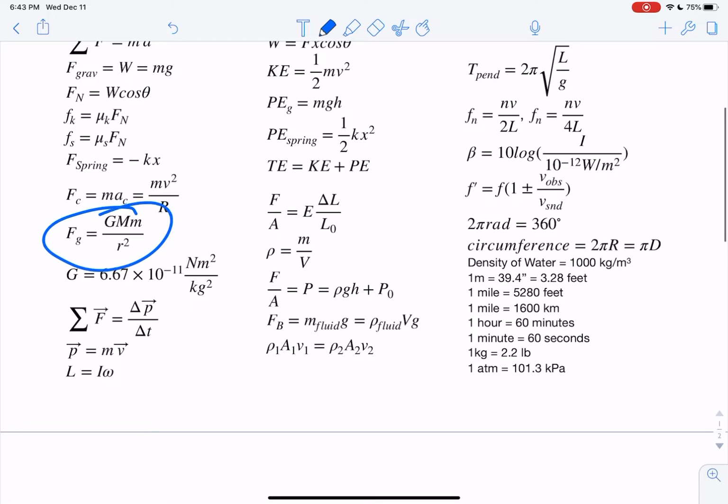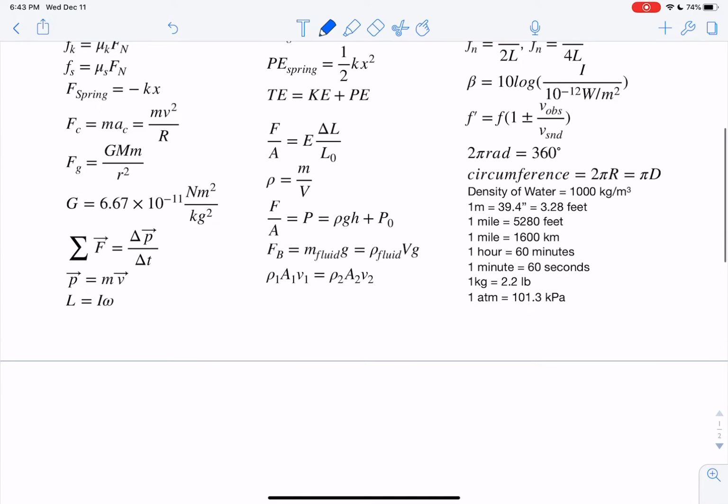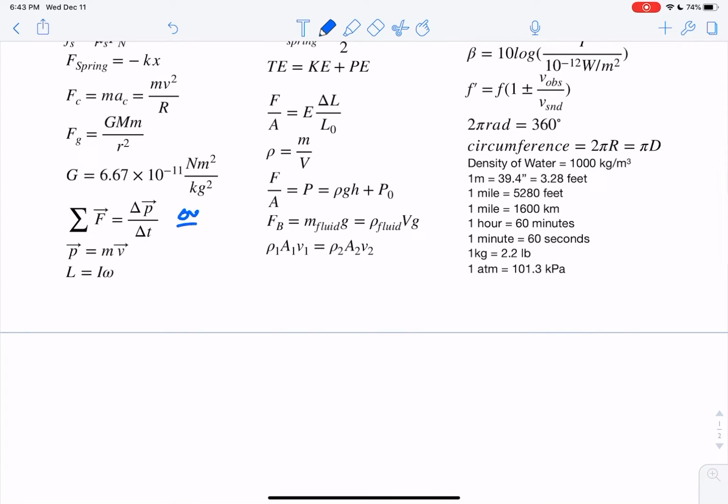This is the force due to gravity, mass 1 times mass 2 divided by the distance between them squared. This is what g is that goes in that equation. You've got two masses separated by a distance r, and that will tell you the force between them. This is the F equals ma, but written in terms of change in momentum over change in t. Delta v over delta t is acceleration, so m times delta v over delta t